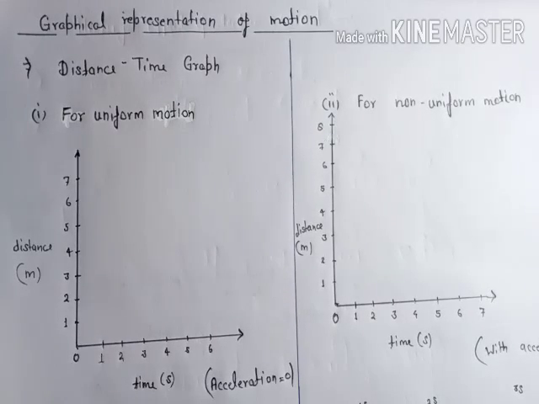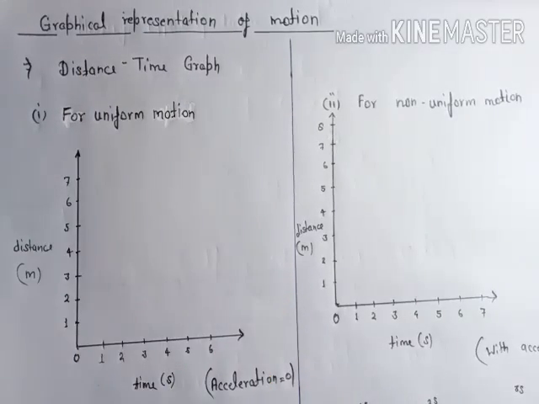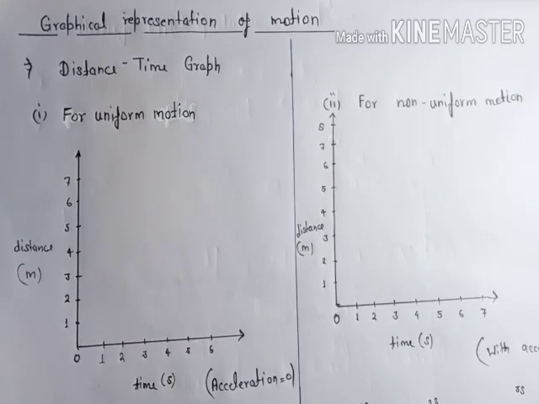But I got to know that a few students have problem in this. So I am explaining this thing again. It is distance time graph. You can see there is a heading, distance time graph. For a period of motion, this graph shows relation of time spent and the distance.